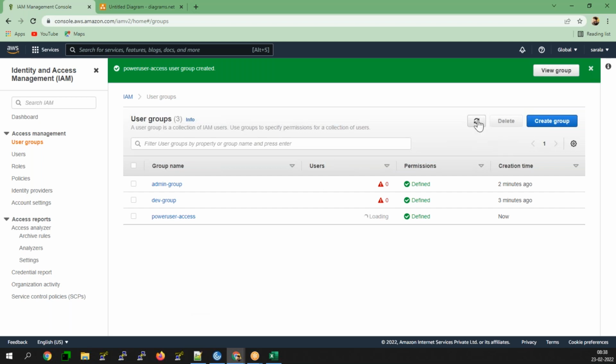Generally in a real-time environment you will have these three: one is the development group, the second is the admin group, and the third is the power user group. These are the three groups which are going to be there in your real-time environment.